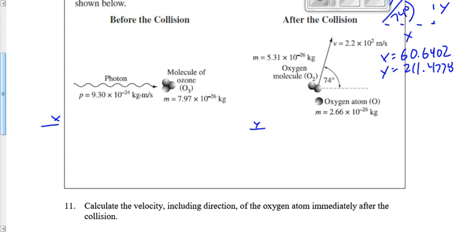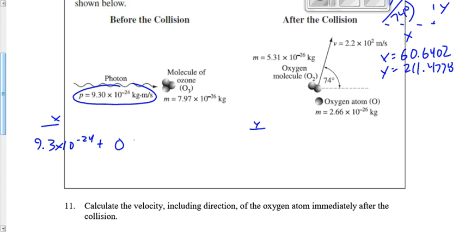Pi equals Pf. I'm going to say, look, I've got the momentum of the photon. If I had the wavelength, I could find the momentum by saying h over lambda. If I had the energy, I could find the momentum by saying E over c, using those equations in the top right-hand corner of your data sheet. But I've got the momentum here. The momentum of the photon is 9.3 times 10 to the negative 24 plus 0, because the ozone is at rest,